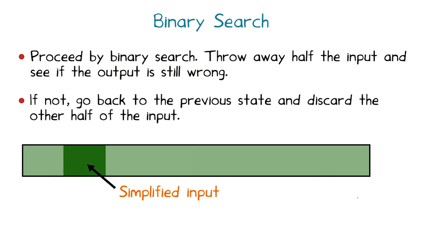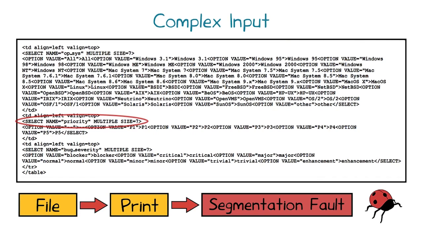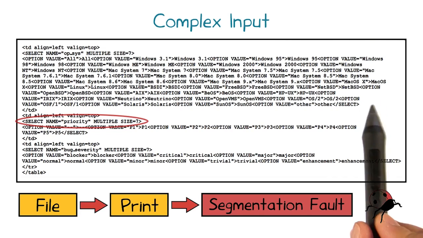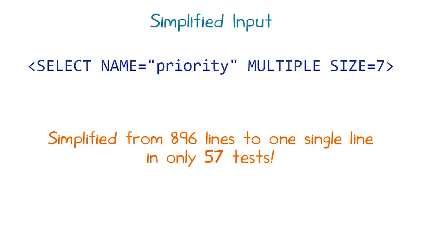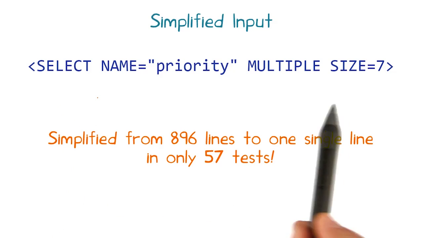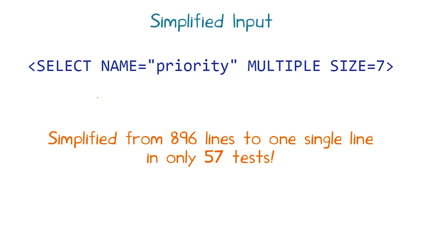good progress. We can apply the binary search algorithm to minimize the number of lines in the HTML input that we saw earlier, the one that crashed Mozilla's web browser. We'll assume line granularity of the input for this purpose. That is, we will only partition the input at line breaks. The algorithm outputs the following line, simplifying from 896 lines in the original input to this single line in only